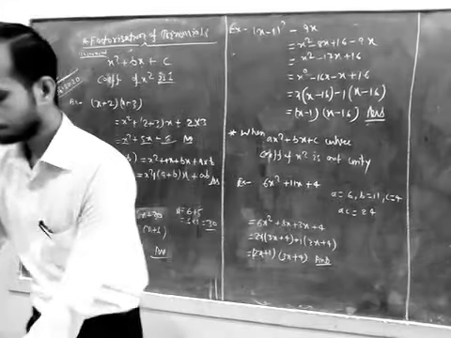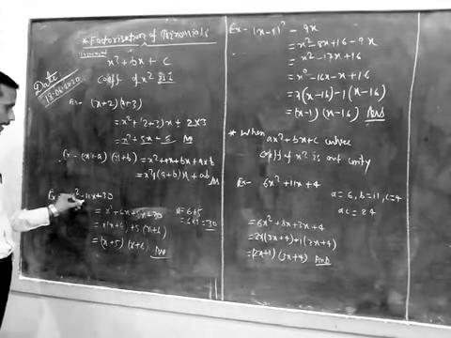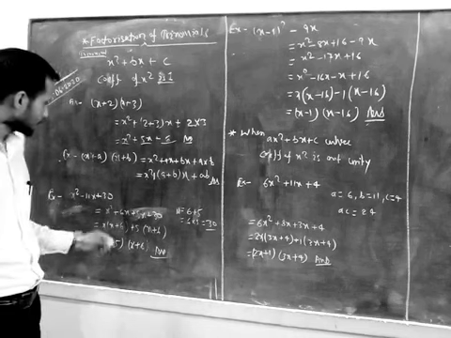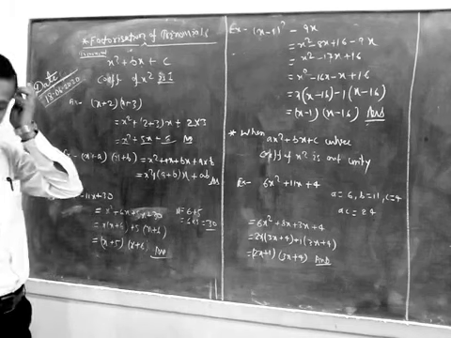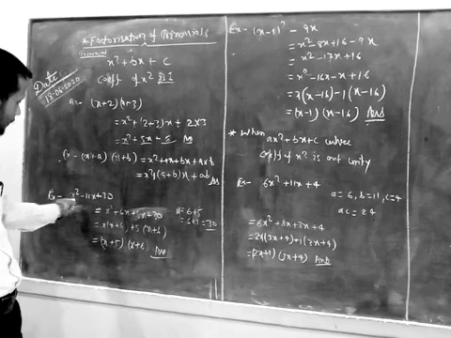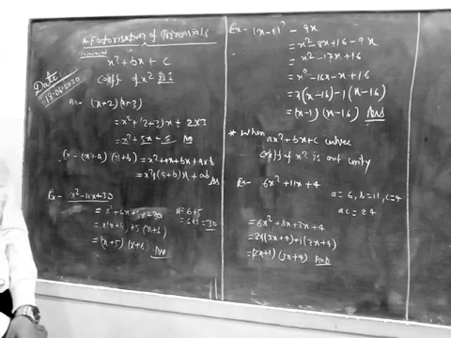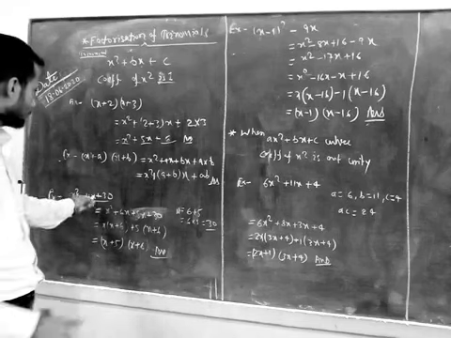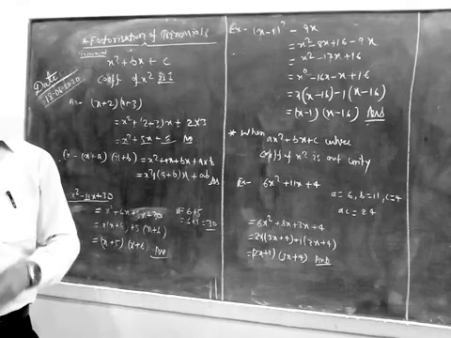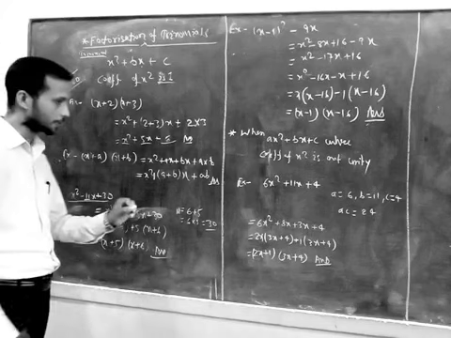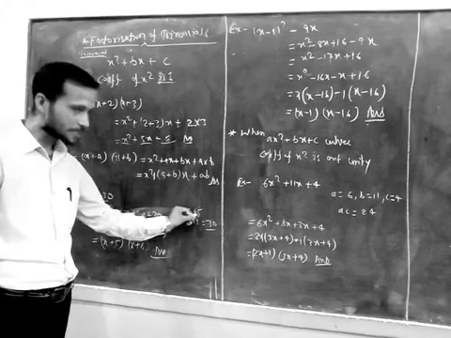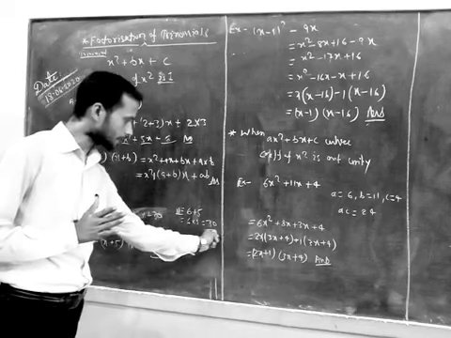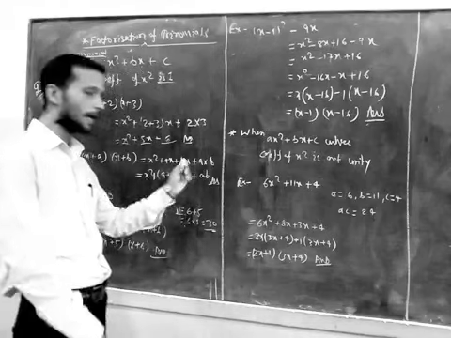For example, x square minus 11x plus 30 is equal to what? First of all, given the trinomial x square minus 11x plus 30, we have to split 11 into two parts whose product is 30. 11 is split into two parts, 6 plus 5, adding to 11 and multiplying to 30. 6 times 5 is 30 and 6 plus 5 is 11.